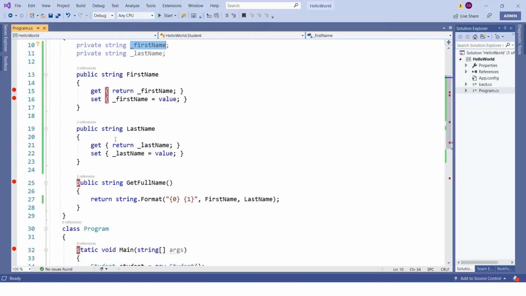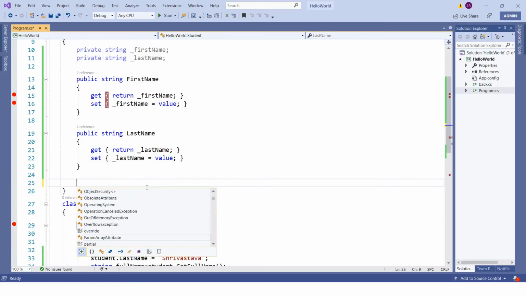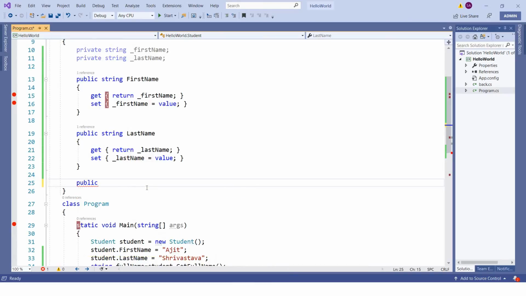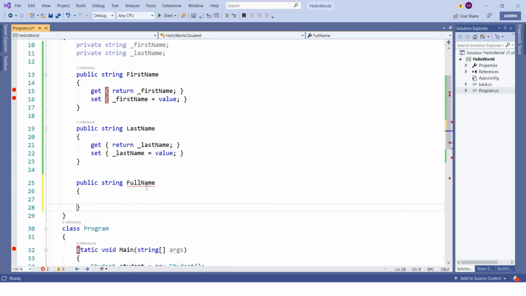Another example we can use for property: instead of having a particular method to get the full name, we can have this as a property. How can we achieve that? Delete this. We can have public string and it will have just a property FullName, right?